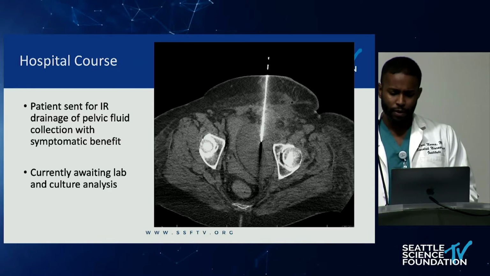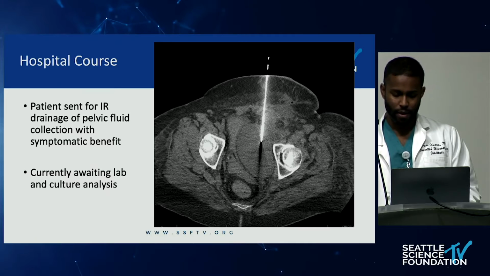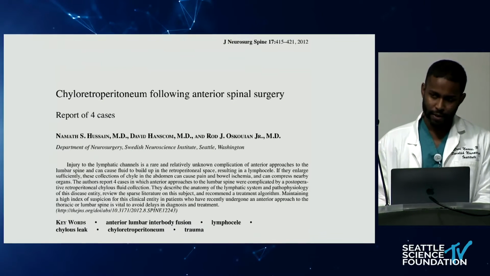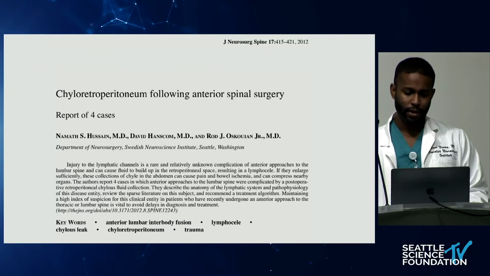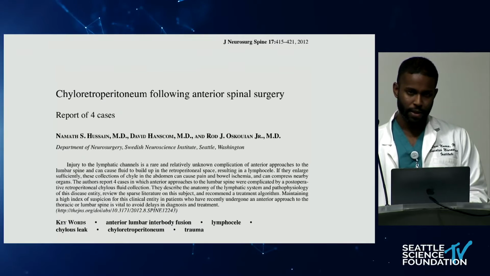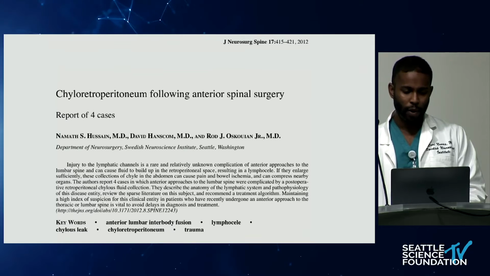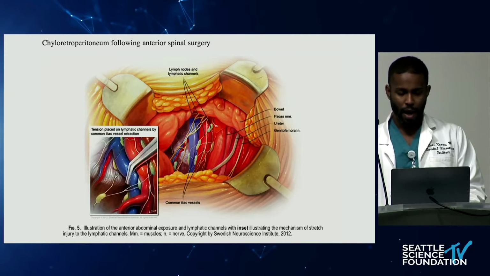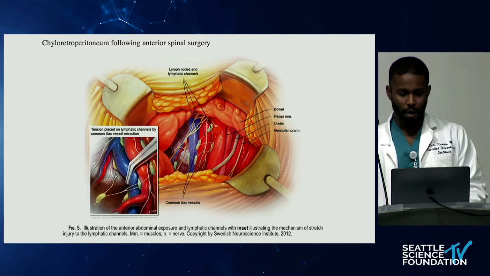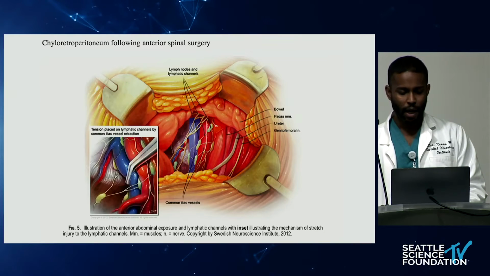So we performed a literature review for pelvic fluid collections that can present after anterior lumbar surgery, and we did find a case series of chylo retroperitoneum following anterior spinal surgery. And this can be a rare complication, and about 10 to 20 cases have been reported in the literature. This is secondary to lymphatic channels that are present all around the great vessels in the low lumbar area, which is exactly where our surgery was, and retraction and destruction of these channels can ultimately lead to the formation of